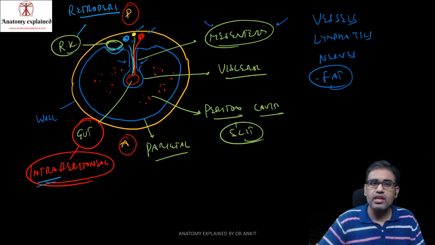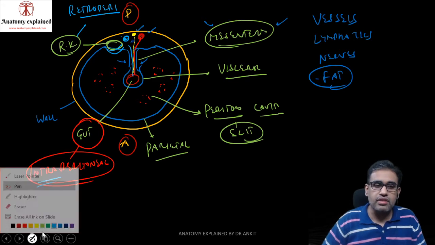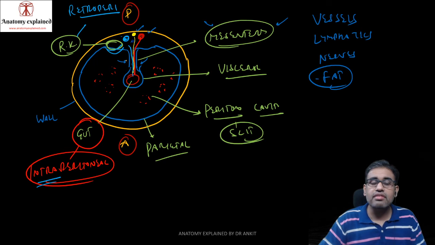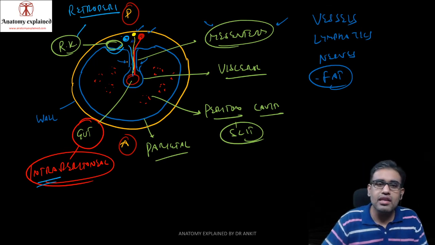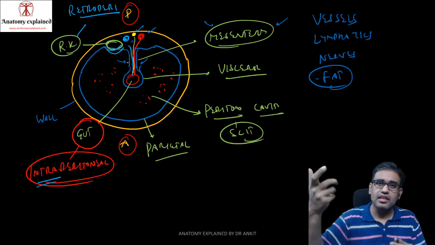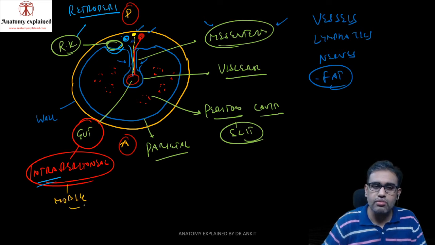So intraperitoneal and retroperitoneal. By this diagram only you can imagine very easily which organs are more mobile. Obviously the ones having these strings. These double layered folds of peritoneum are like strings. When you fly a kite, you have that string, so your kite can go anywhere in the sky. Therefore these intraperitoneal organs have more mobility.